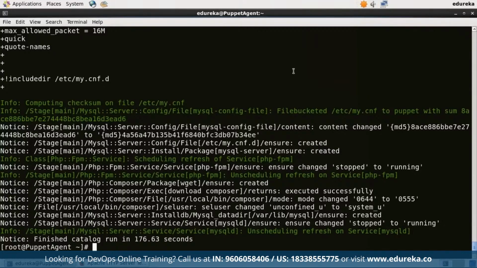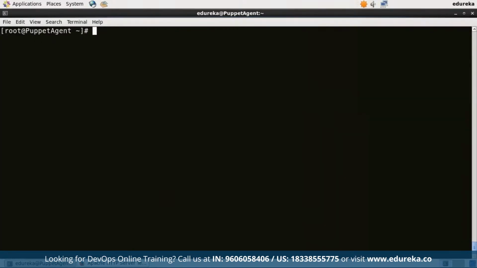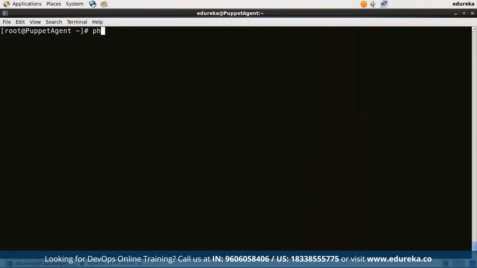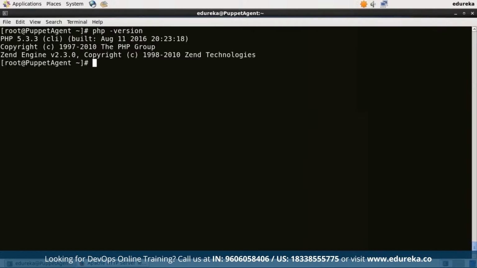Alright, let me just clear my terminal, and I'll confirm it by typing mysql -v. This will display the version. Now I'll exit from here, and now I'll show you the PHP version. For that I'll type php --version, and here we go. Alright, so this means that we have successfully installed PHP and